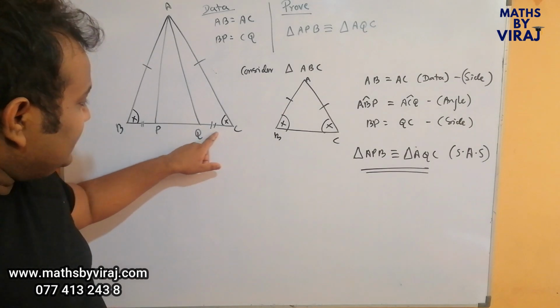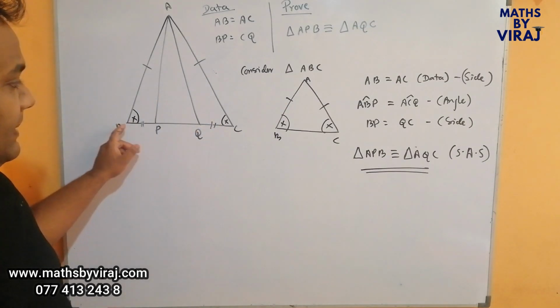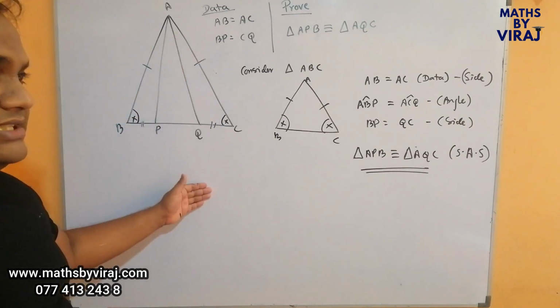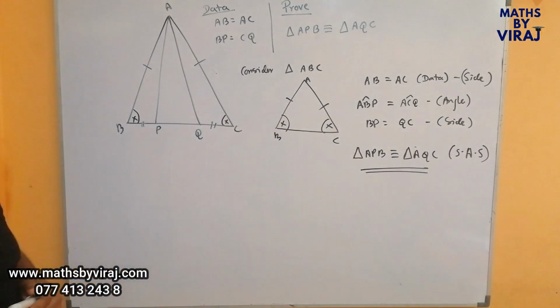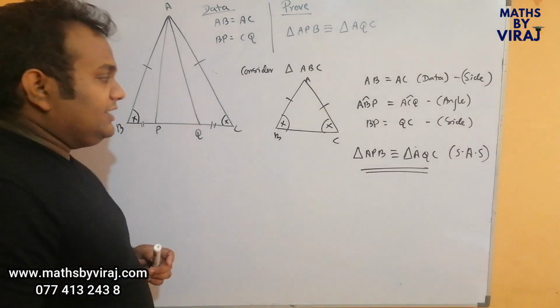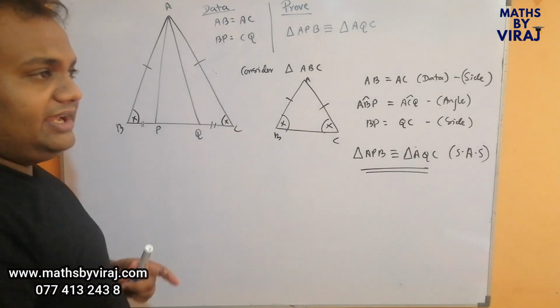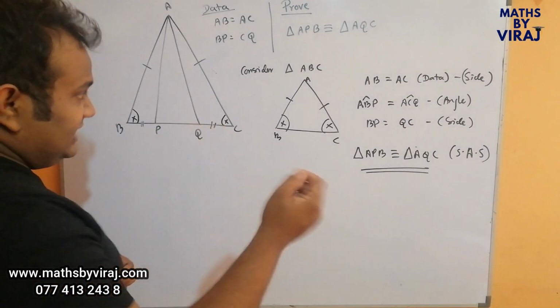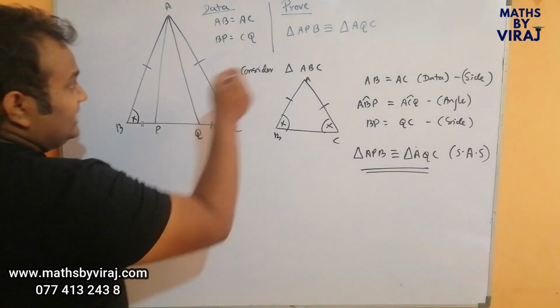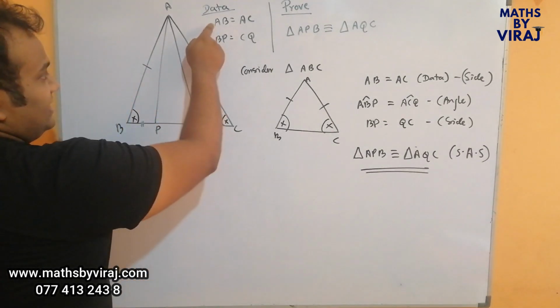Also there is this side QC which is equal to BP. Since there are two sides, if I could show that the angle which lies between those two particular sides are equal on both the triangles, then those triangles should be congruent. That is the reason why from the hints that they have given, that is they have given that AB is equal to